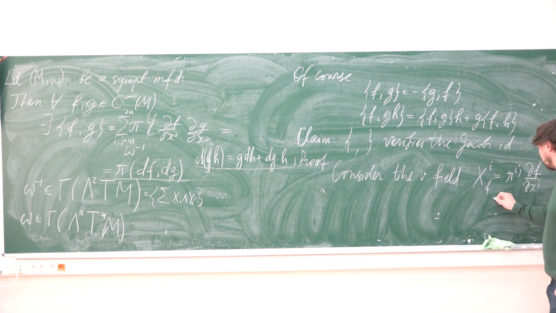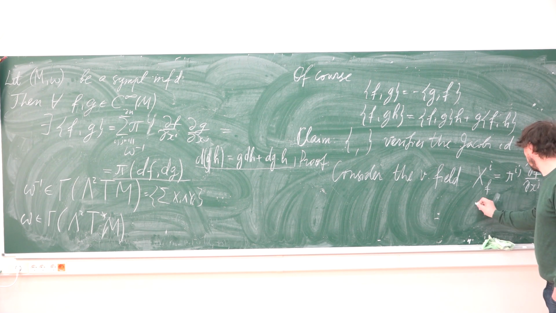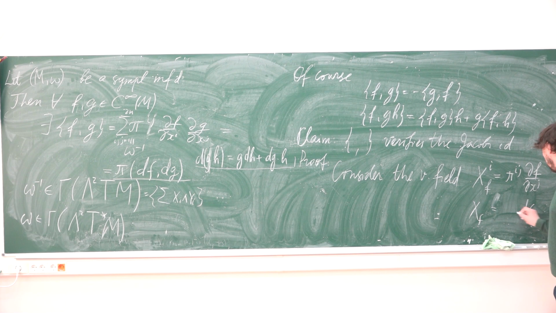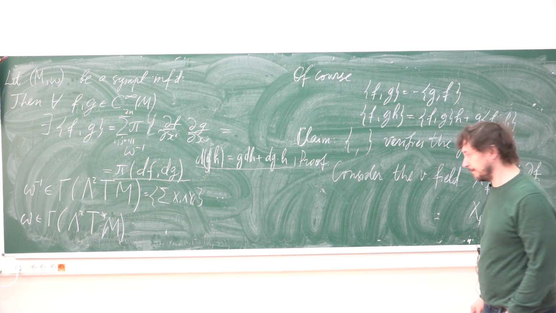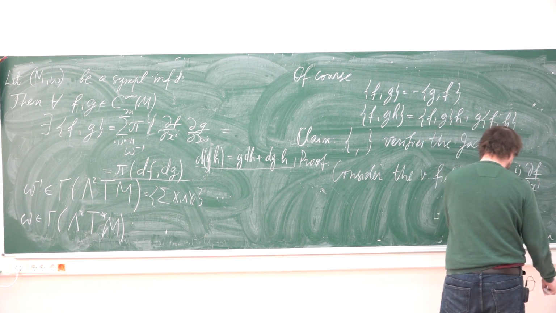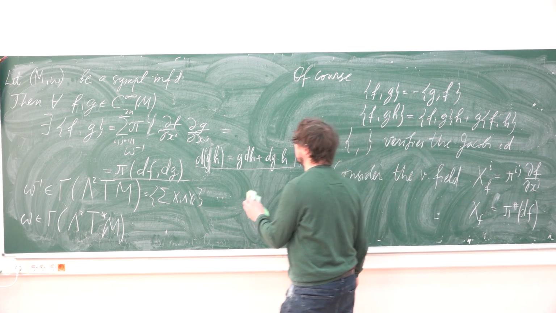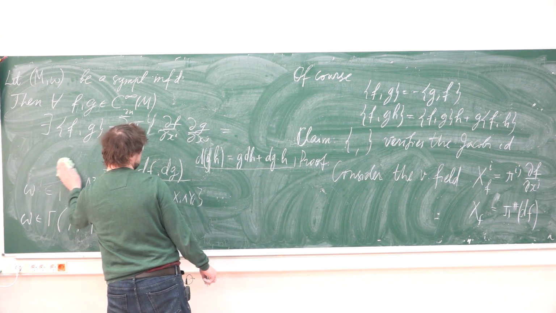In somewhat informal terms, this vector field is obtained by raising the indices of the differential of f with the help of the bivector pi, right? That's raising the indices. Then, of course, just by definition,